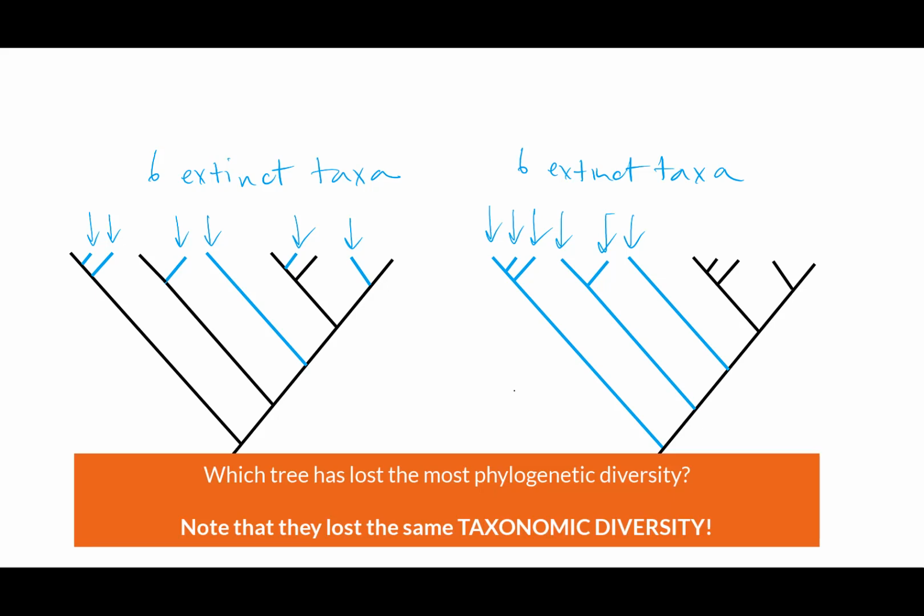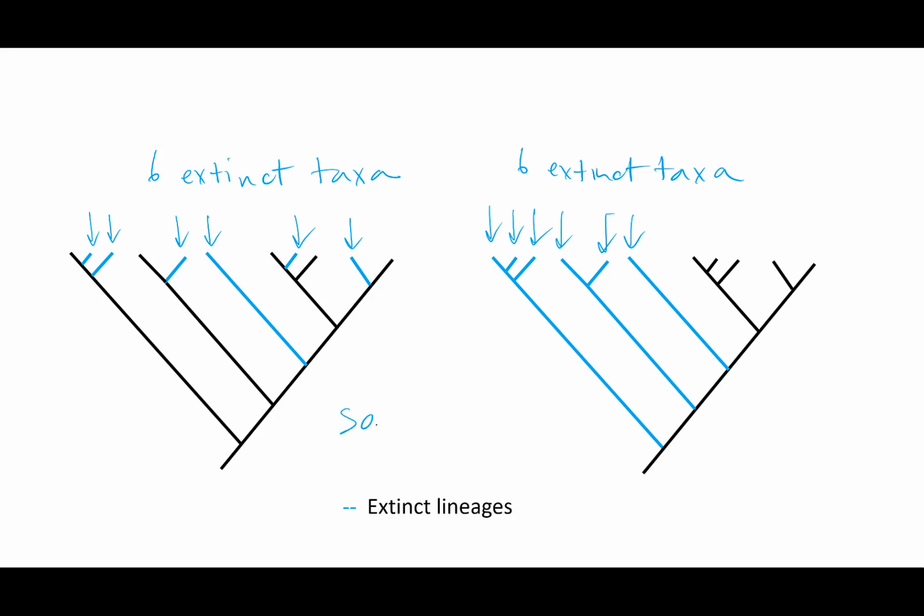If these two trees are looking at the same number of taxa and the same taxonomic groups, you will recognize that the phylogenies are the same, right? So these are the same phylogeny. The same phylogeny and the same topology. So the question here is, which is more phylogenetically diverse if we compare the two trees relative to what is lost over time? If you, by chance, through evolutionary time, lost these species, so this is let's just say that